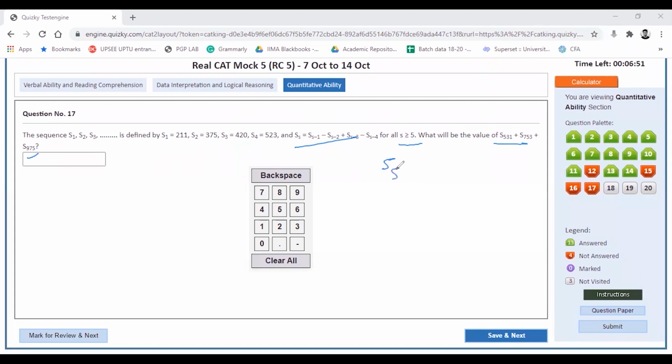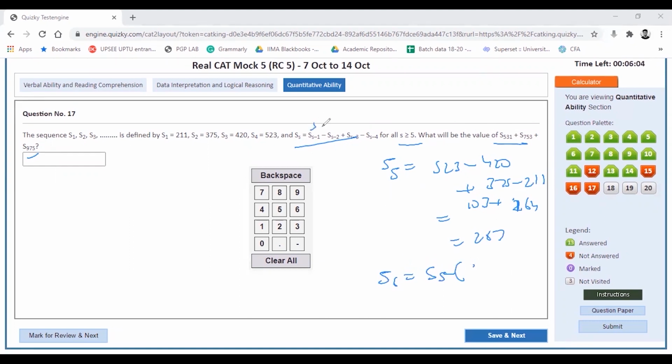I would try to evaluate the S5 here. So S5 is simply S4, 523 minus 420 plus 375 minus 211, and this gives me 420, 103 plus 103 plus 211. This is 164. This is simply 267. And what's interesting is S6 is equal to S5 minus the whole given expression of